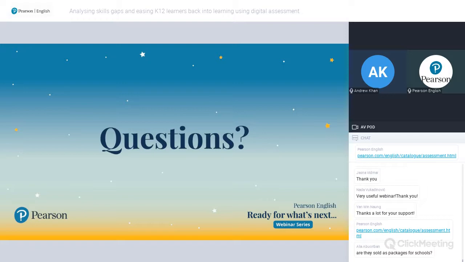We also have some of the younger learners, the benchmark younger learners, taking from home as well. The idea is full flexibility as to where these tests can be taken, as long as you've got a quiet environment, you've got the headset and microphone, whatever else it might be. But the first step of this journey is always getting in contact with your local Pearson team, and they will work with you to really have a good session to diagnose the assessment needs of your class, and help you along that journey.